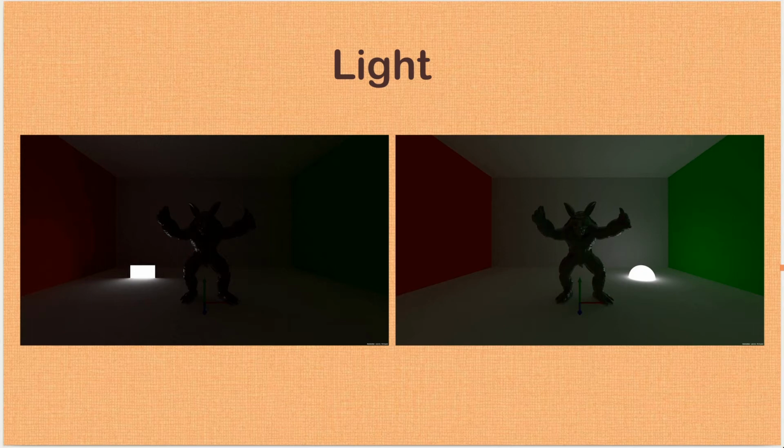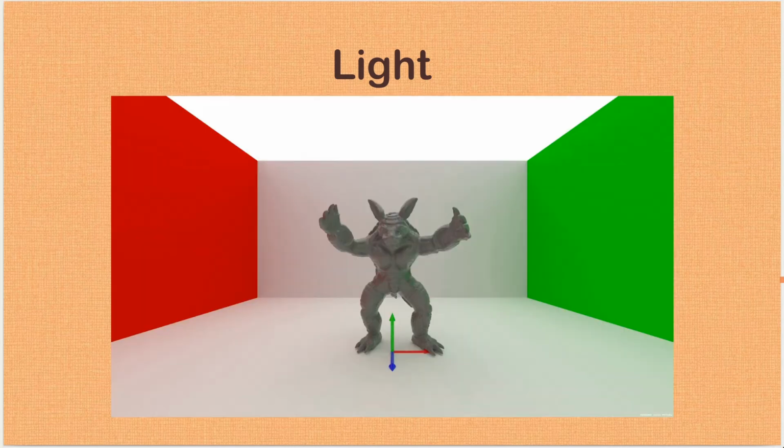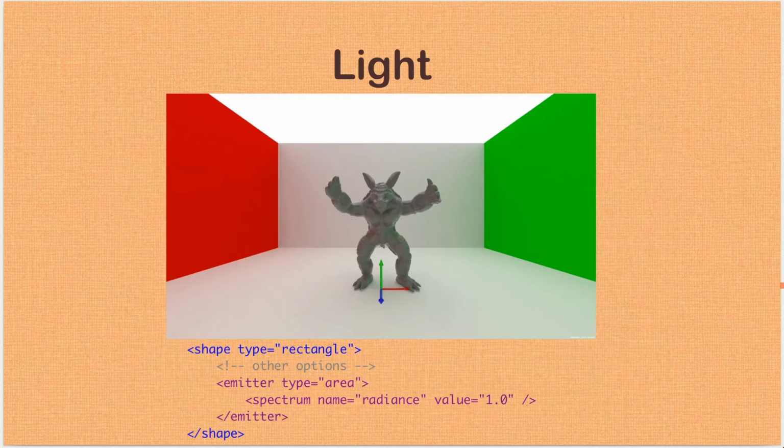By the way, for the images shown here, the left one uses an area emitter with a shape rectangle and the right one uses a sphere. To be precise about the usage of area emitter in this video, we will be using the entire ceiling as a light source. In this image, we have our studio with a dimly lit source. Let's turn on the light that radiates through the entire top surface and illuminates the room. This is how the result looks like.